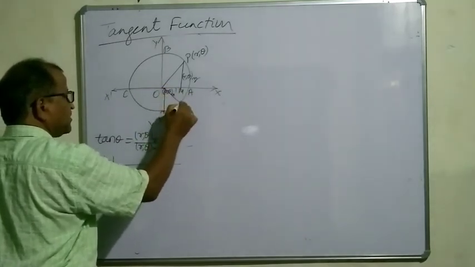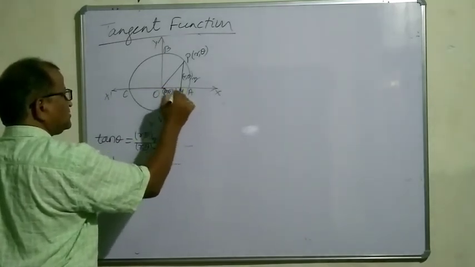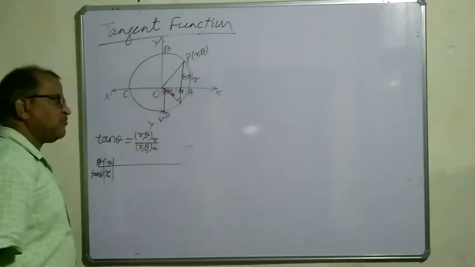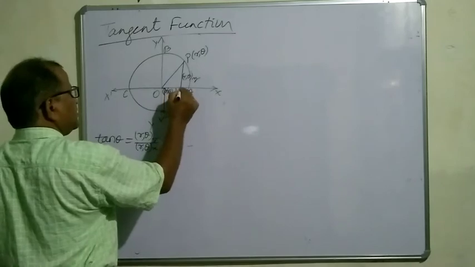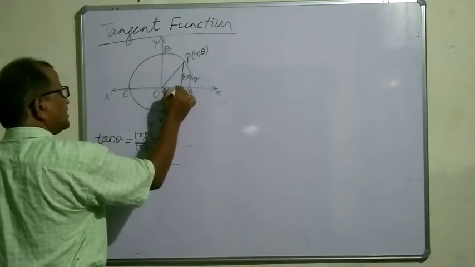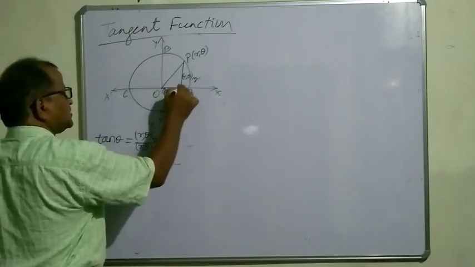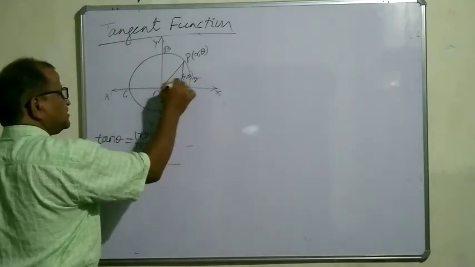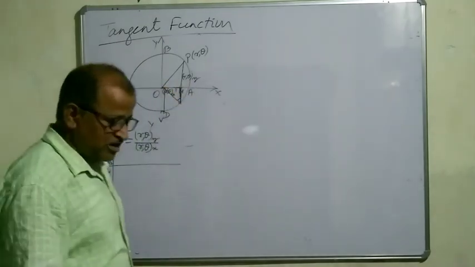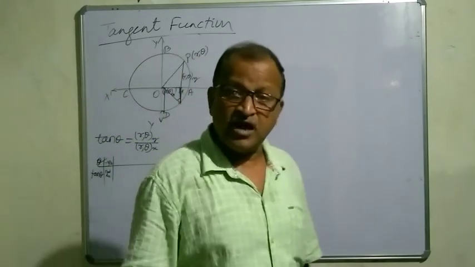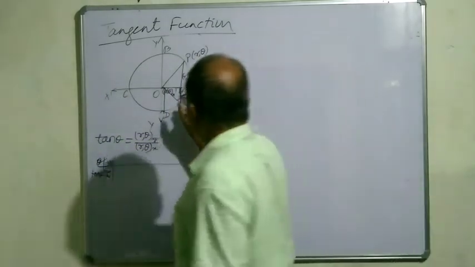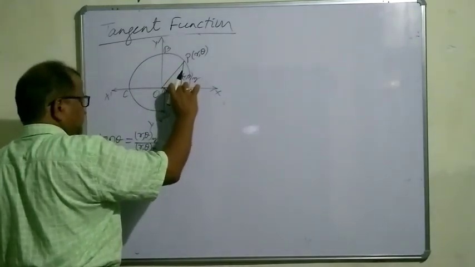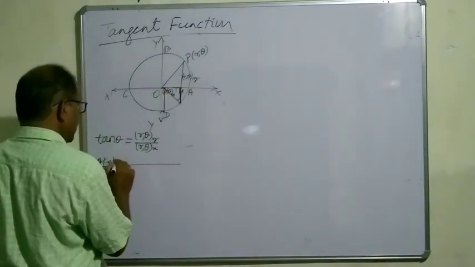And you come to minus pi by 4. Theta is minus pi by 4. Pi by 4 means, if this is pi by 4, then this must be pi by 4. And here you see, it is an isosceles triangle. Isosceles triangle means this side is equal, this means the absolute values of r theta x and r theta y are equal. But here you see, r theta x is positive, r theta y is negative. So its value will be what?